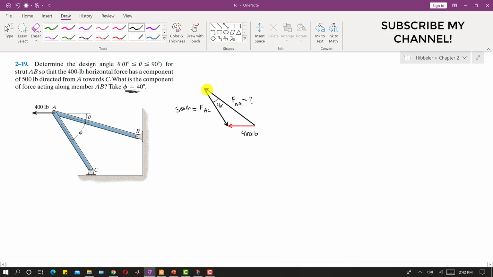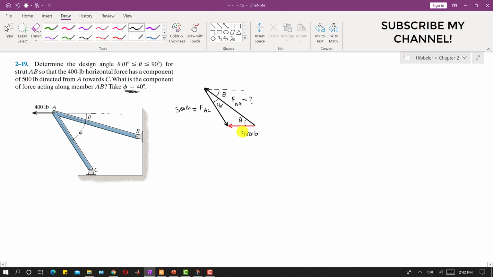And now if we draw a horizontal line here, right? If I draw a horizontal line here, then this AB member, this FAB or FBA, is making theta with the horizontal, right? So this is that horizontal line, right? So this is making theta. So let's say that this is that theta, right? So if this is theta, then this is theta as well, right? So we need to find this component magnitude and this theta, right?